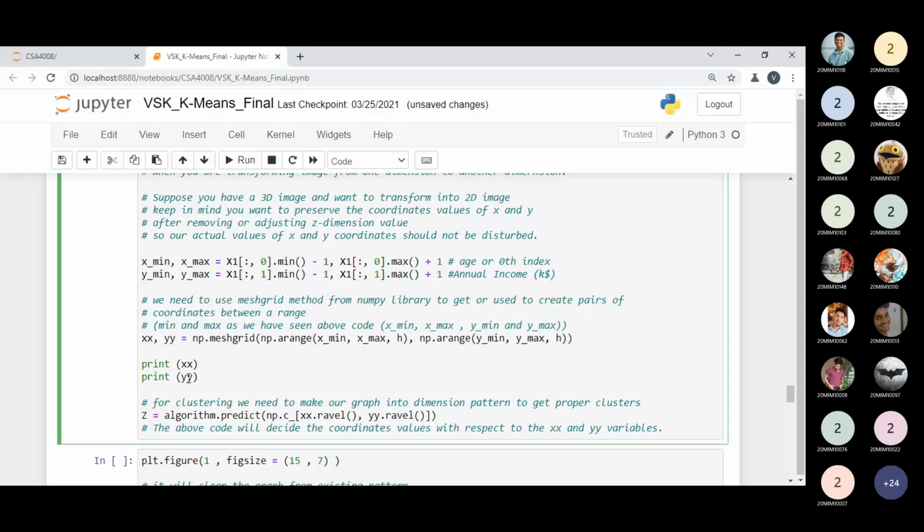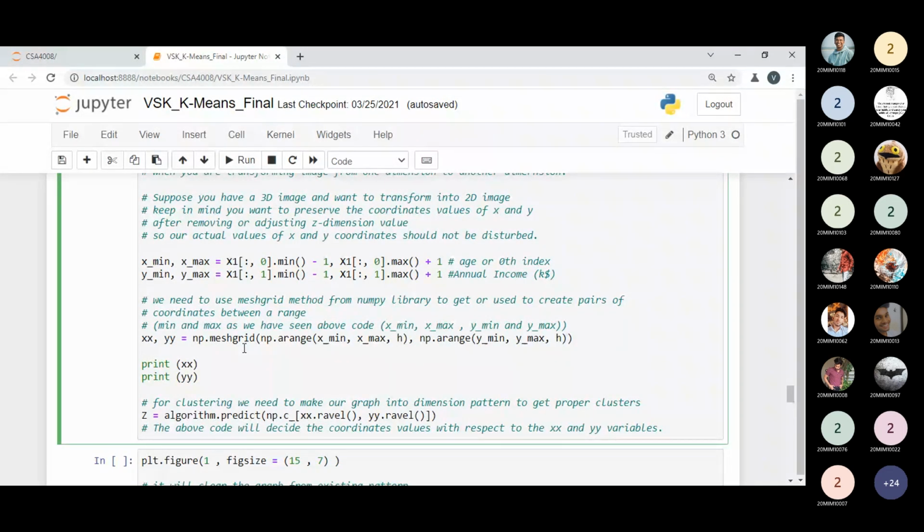So the meshgrid function will return the values. We can say it transforms coordinate values from one dimension to two dimensions. So we have two values, x and y. For clustering, we need to make our graph into the dimension pattern to get the proper cluster.